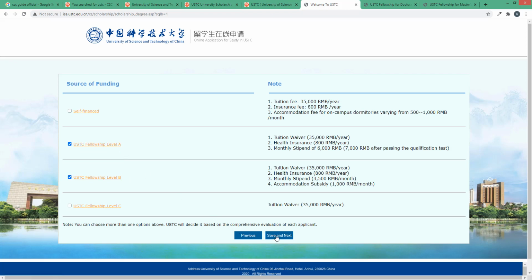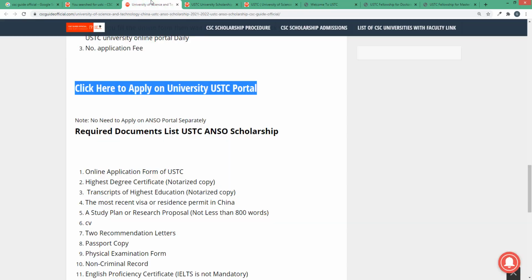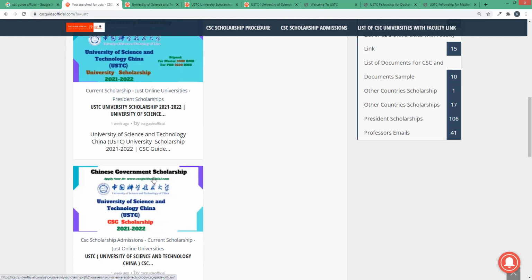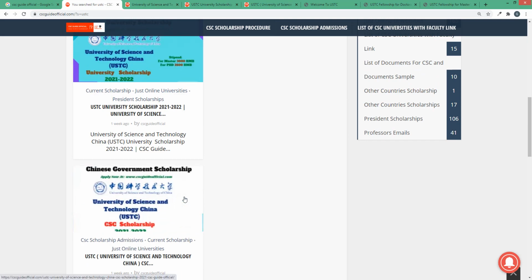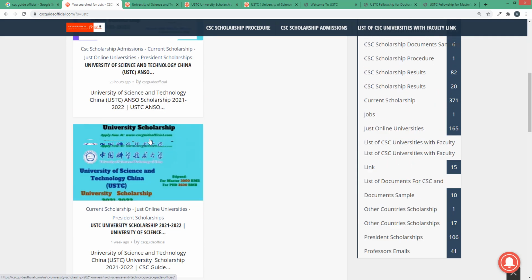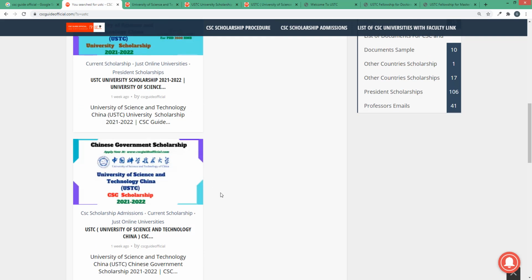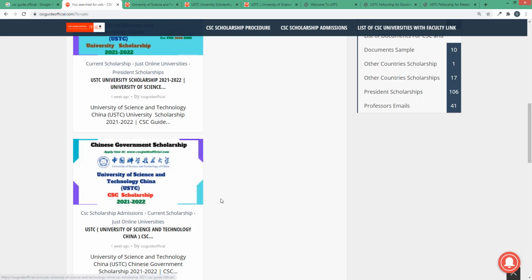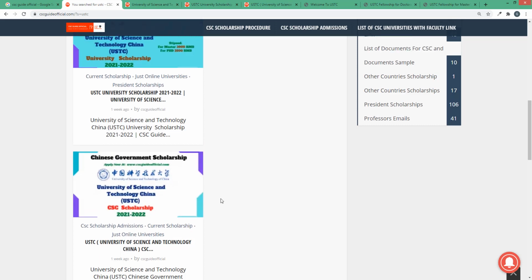So this is the process of how you apply for the university scholarship, ANSO scholarship and CSC scholarship. If you think that you just apply for the university scholarship and ANSO scholarship, you can apply. Okay, if you think that you cannot apply for your CSC scholarship in USTC, then you do it. So don't worry about this.